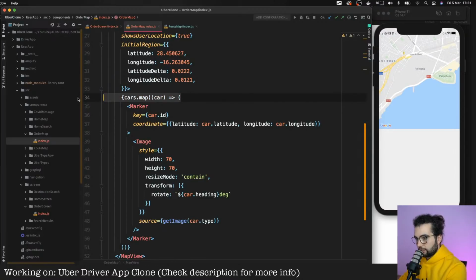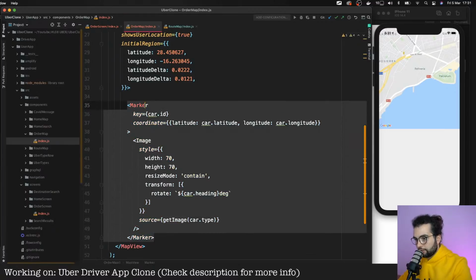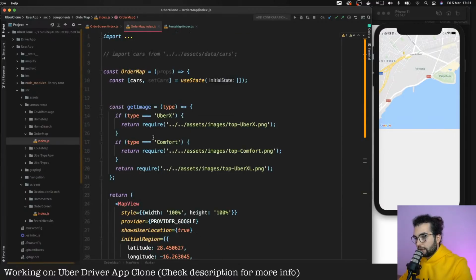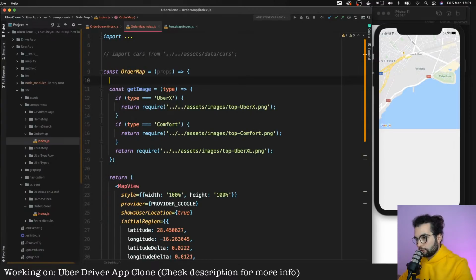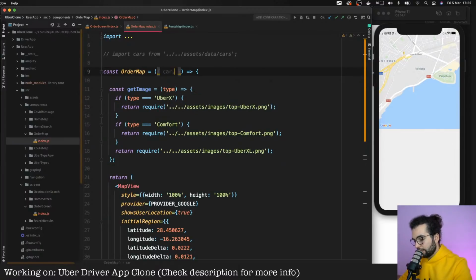So this, yeah, we will not need to loop through all the cars because we will only have one car, and there's gonna be only one image, and only if the car is present. And the car we will receive from our properties. We will receive a car, and that's it. We don't need to receive an order. We only need to receive a car.